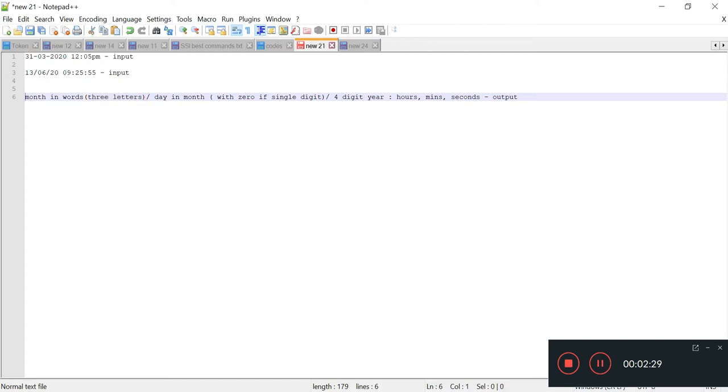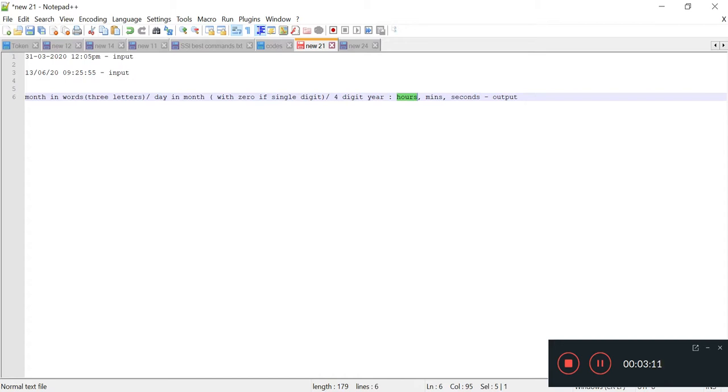Like this, the month will become words, and the day of the month with a zero if single digit, like for 1, 2, 3, 4, 5 with the zero, and from 10, 11, these are two digits. Then the four digit year, like 2020 I already gave here, but in the second sample date only 20 is there, which is a two digit year. And after that colon hours, minutes, seconds. So this output we need.